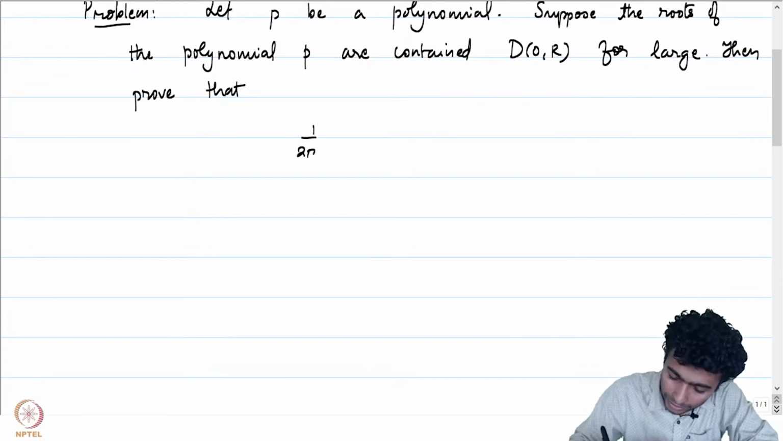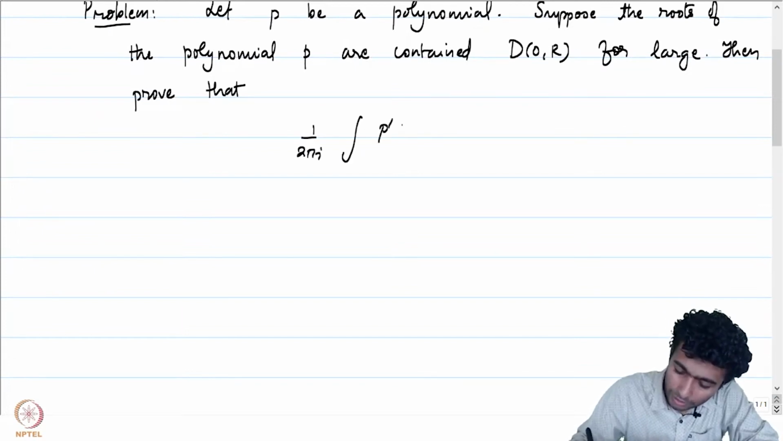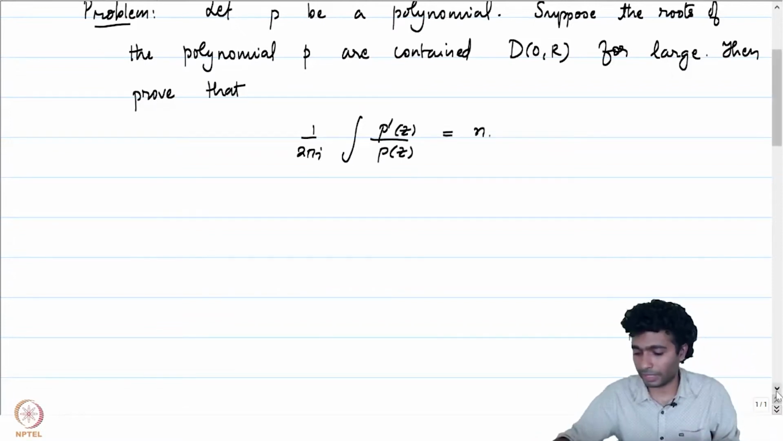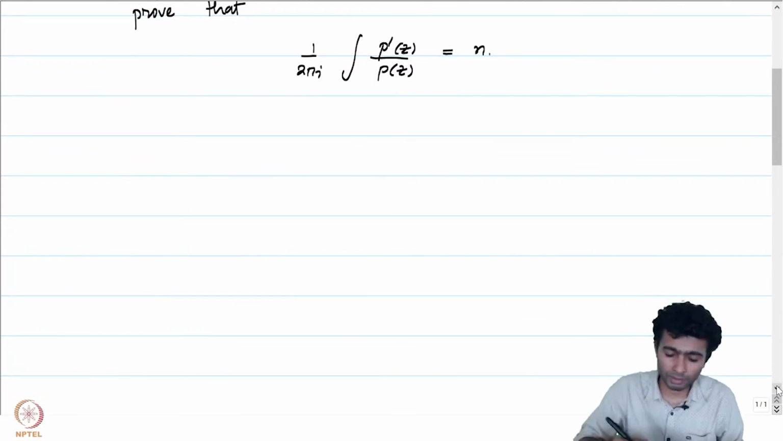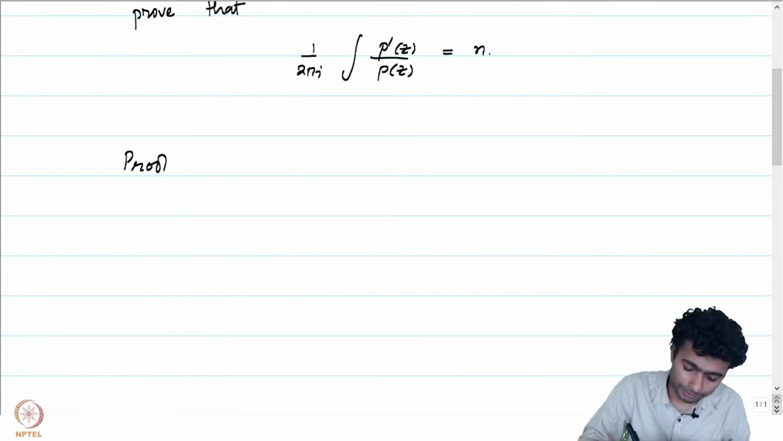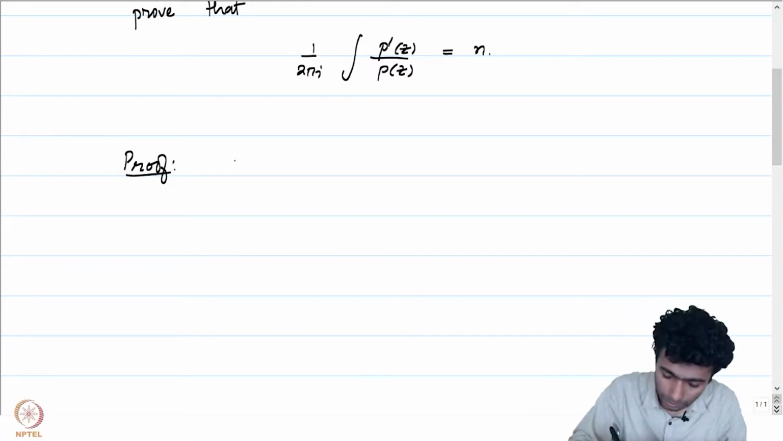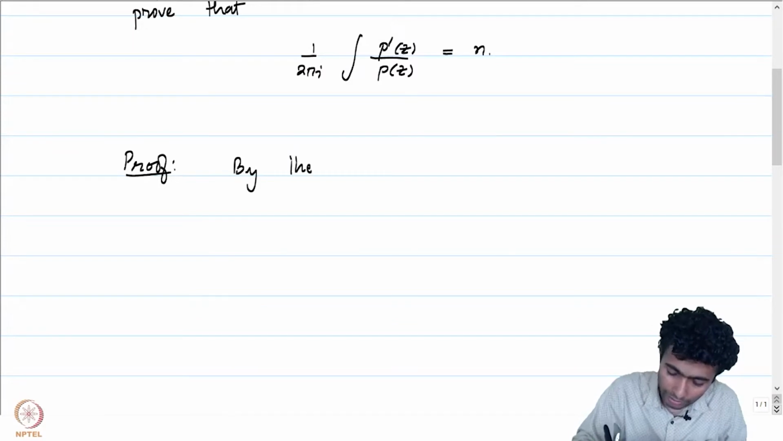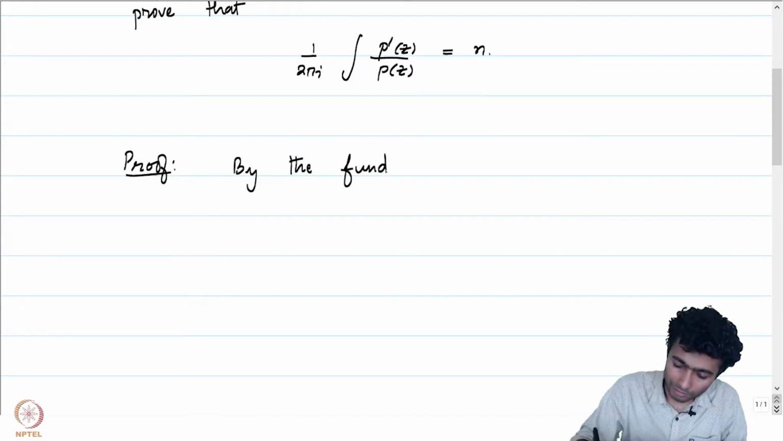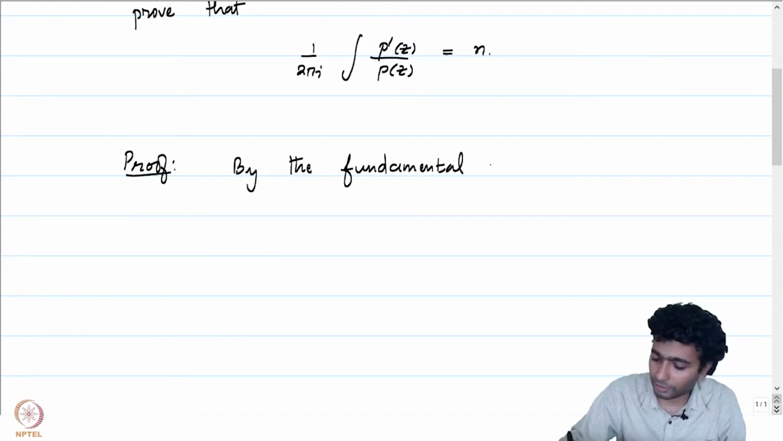1 by 2 pi i times the integral of p prime of z by p of z is equal to n. We have to show that this integral is equal to n. Let's give a proof. By the fundamental theorem of algebra, we know that our polynomial p splits. So by the fundamental theorem of algebra, which we have now proved in one of the earlier weeks,